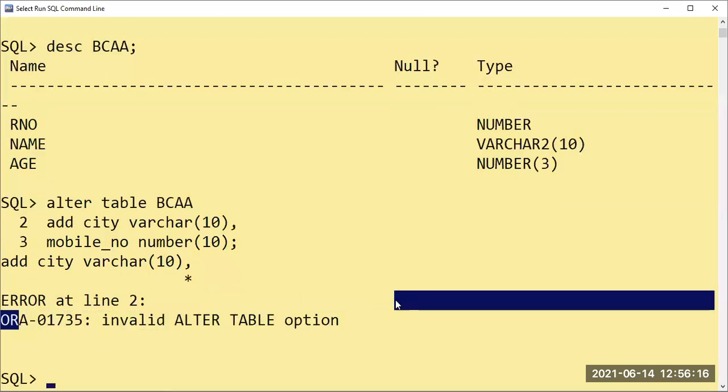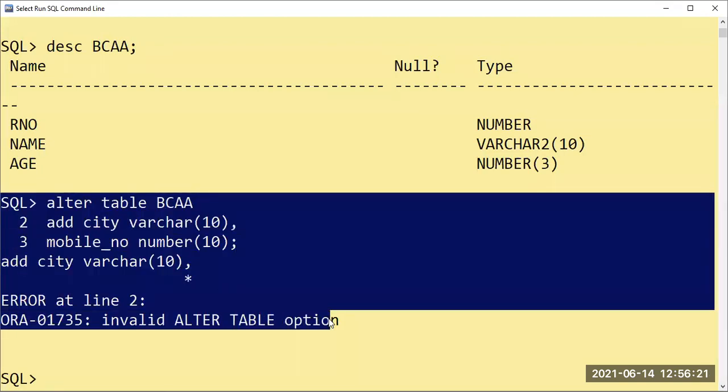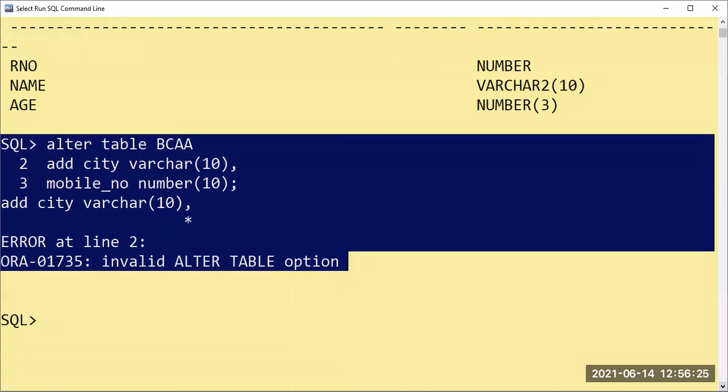Invalid table option. Can anyone tell me? You will not get it, but can anyone tell me? Semicolon, ma'am? No, semicolon we have given. So such types of errors will be there. Varchar2, ma'am?